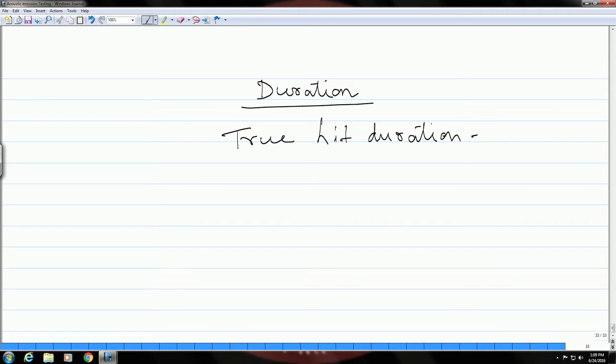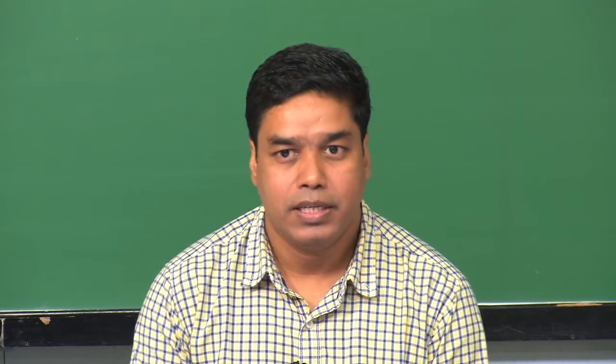So, the true hit duration, or the duration of an actual true acoustic emission signal, is in the range of 30 microseconds to 2 milliseconds. As I said, if you see a signal with other values of duration which is not in this range, then it can be identified as noise. So, that is how this parameter can be useful to filter out the noise,